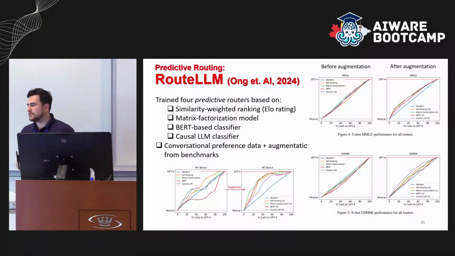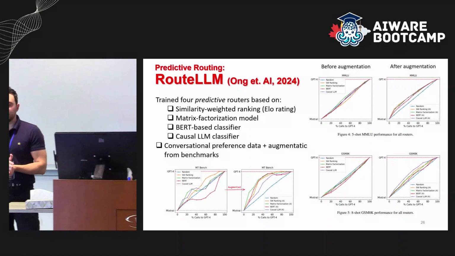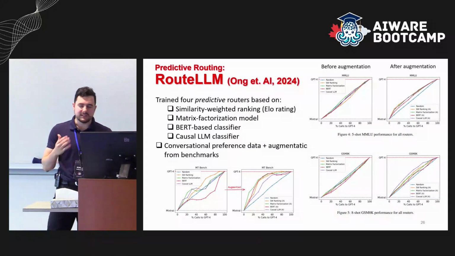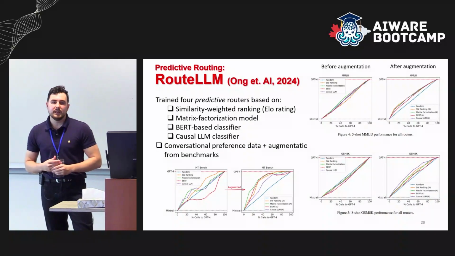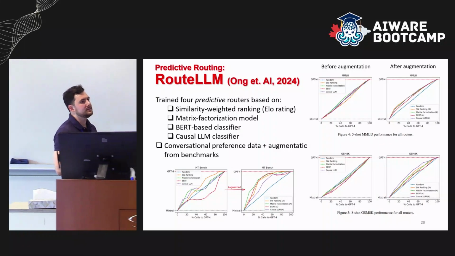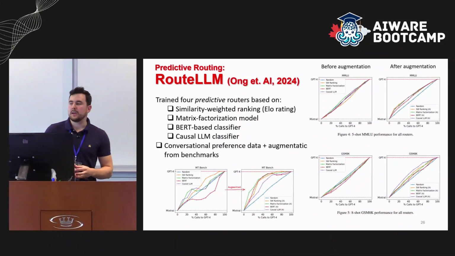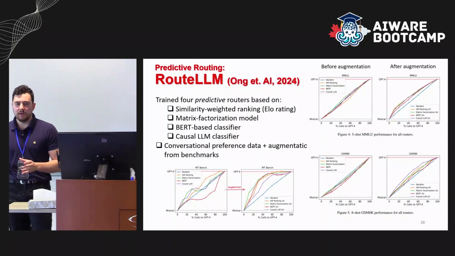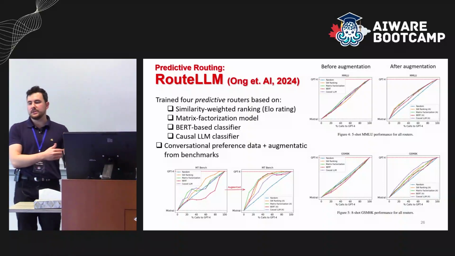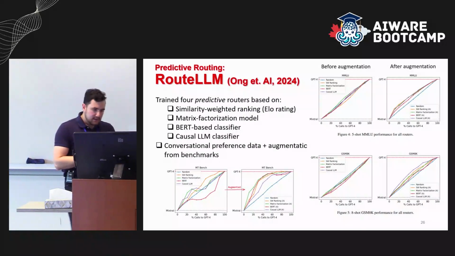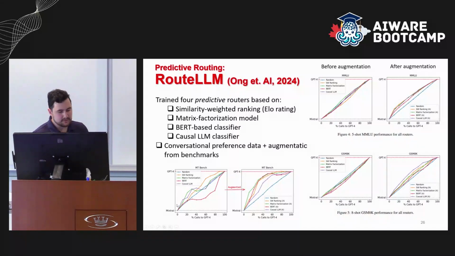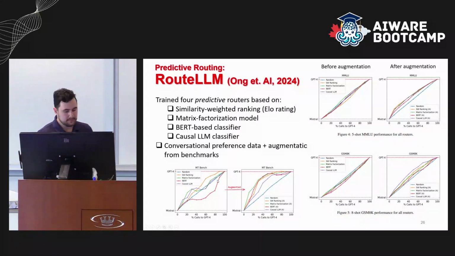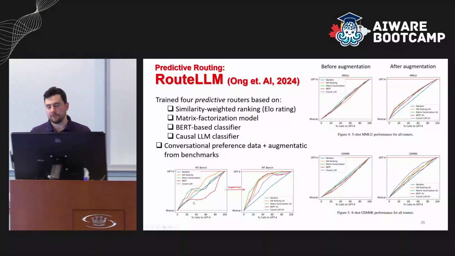The other data sets they used to help augment this are typical LLM benchmarks for question answering, and some of them were also, I think, GSM8K, which is grade school math. Those types of questions were multiple choice. So there are two different types of domains: one, natural language, the other more multiple choice questions. If you look at these graphs, especially this one over here, trained only on the conversational data set, it's somewhat worse than, you can see the red one, BERT. It's worse than a random router, basically.